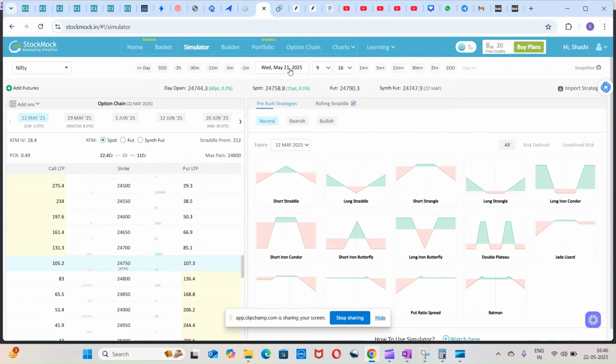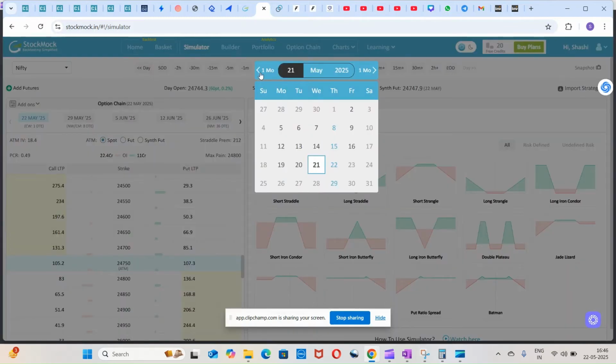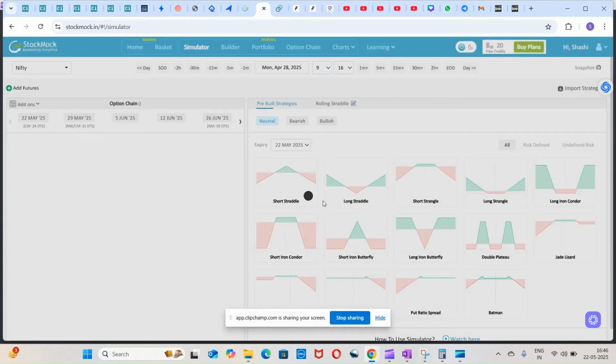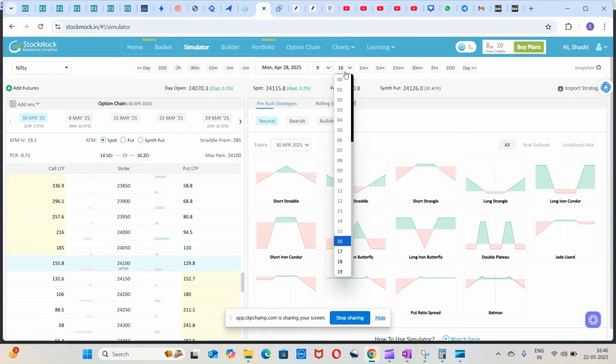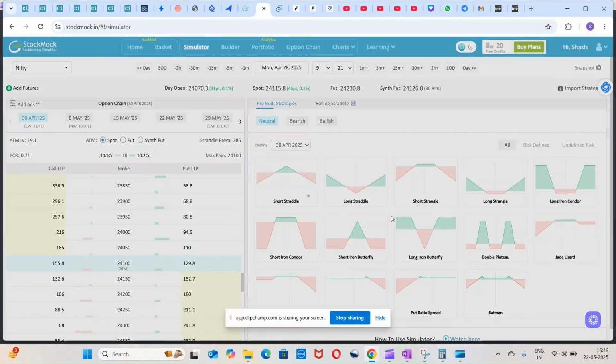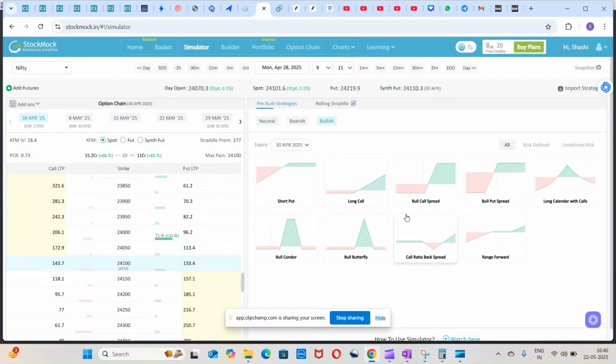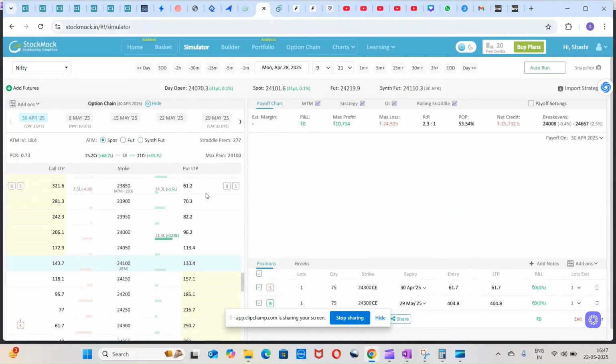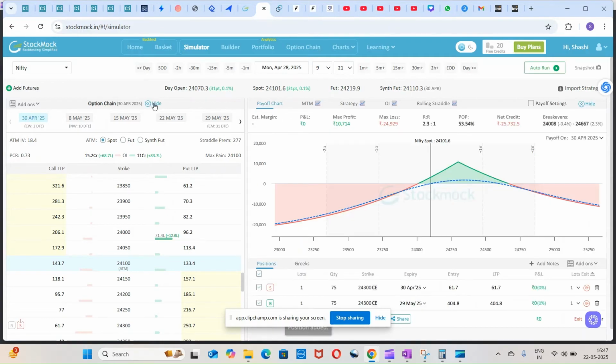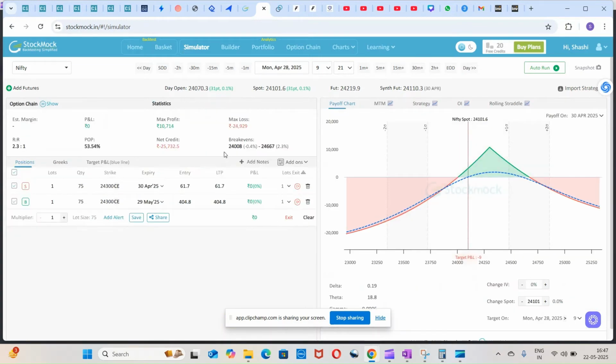Let's go to April 28th, go to 9:21, and bullish we go. Let's select a long calendar with calls. You see the break even is